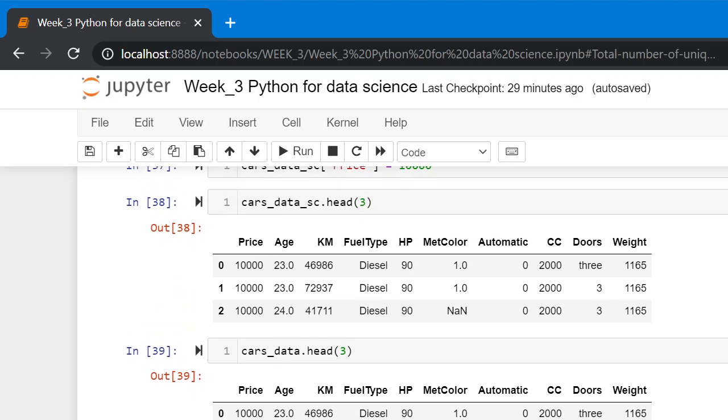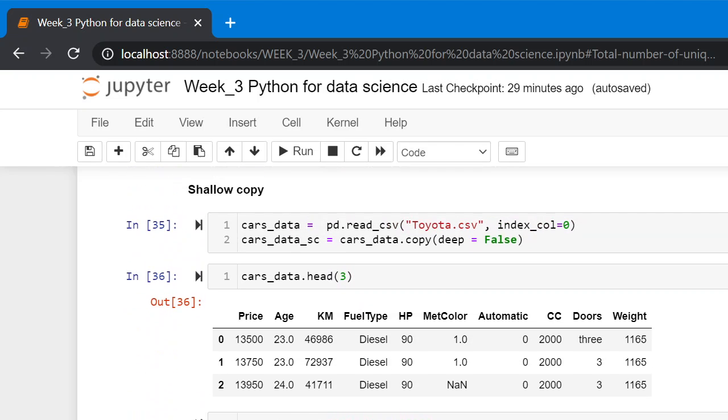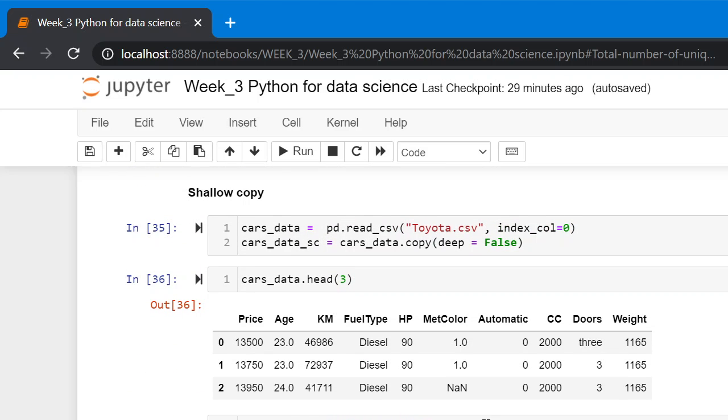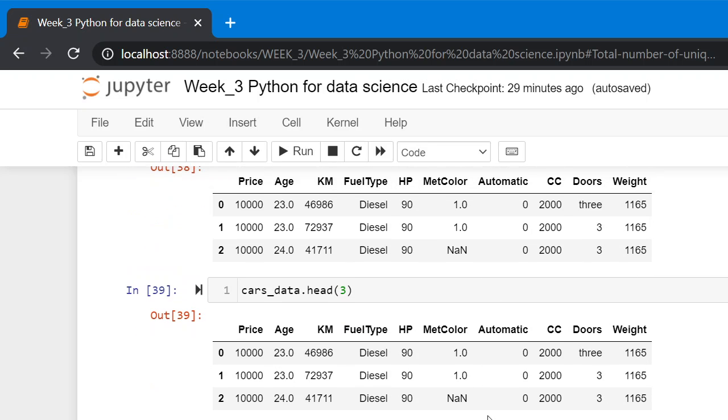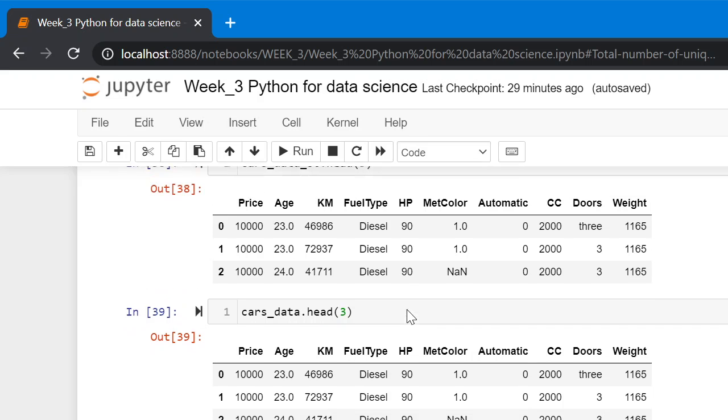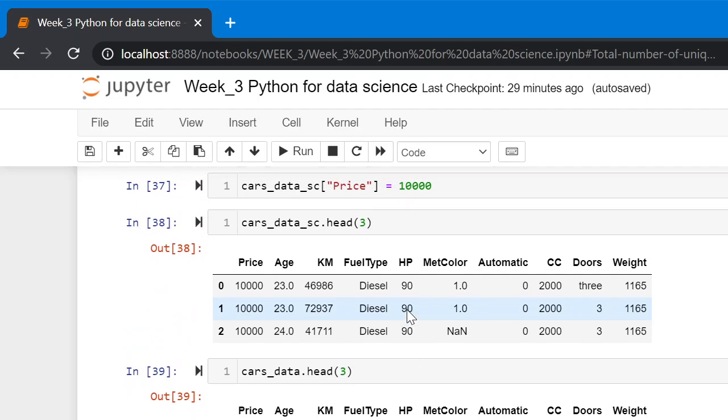What is the difference between the shallow copy and deep copy? Any changes made to the shallow copy object will be reflected in the original copy, while any changes made to the deep copy object won't be reflected in the original object.